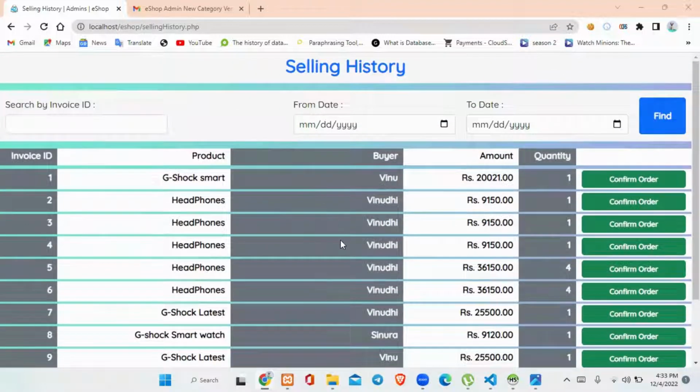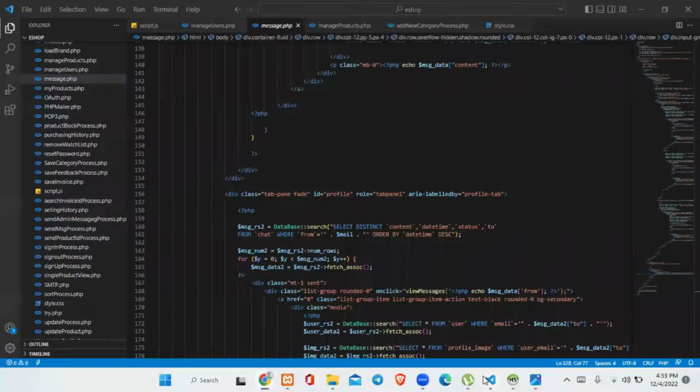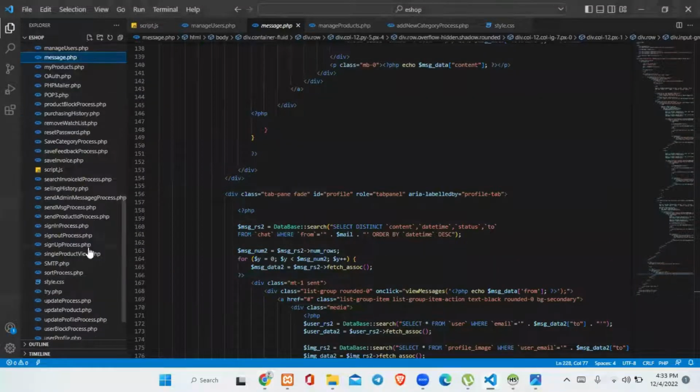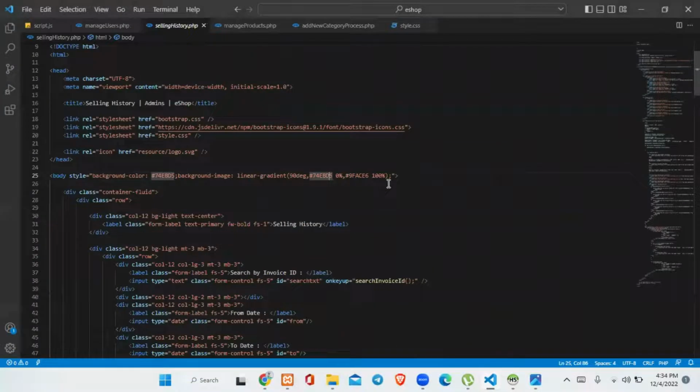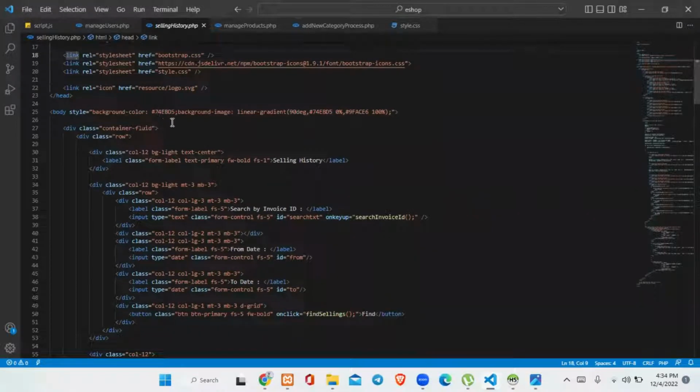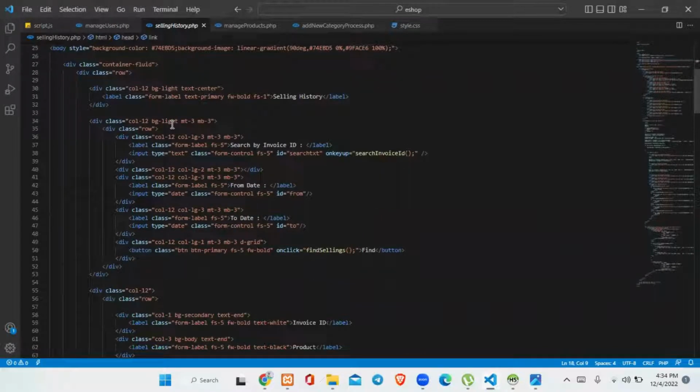So now let's check what I have done in my backend code to do this. For this, I'm using another file called sellinghistory.php. For the head, I have given the usual links. And when we go down, it's not the usual, it's a unique linear gradient background and a container fluid and a row. Then first, for my selling history, I have given a label as text primary, FW bold, and a FS1. Then, for my next div, I have given a col 12, BG light, and an MT3 and